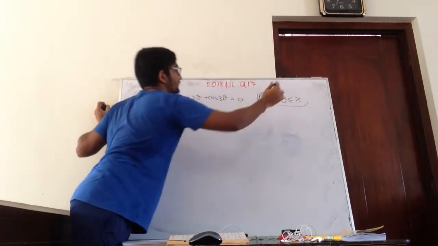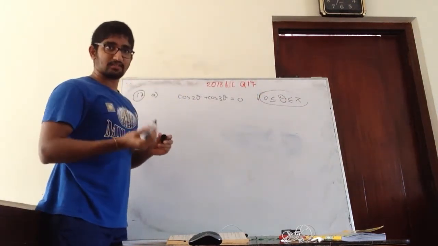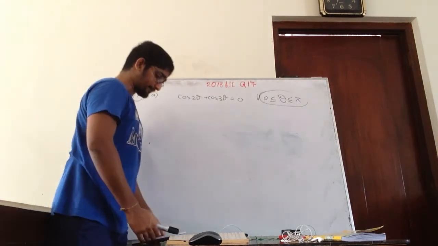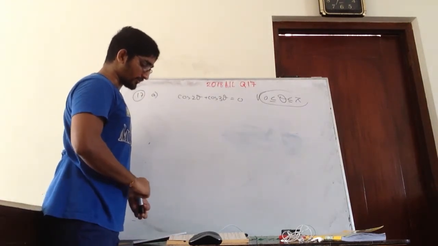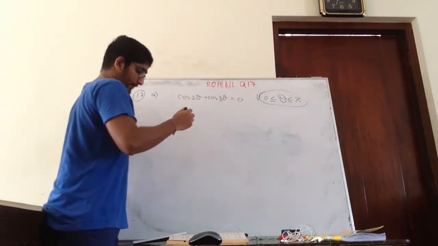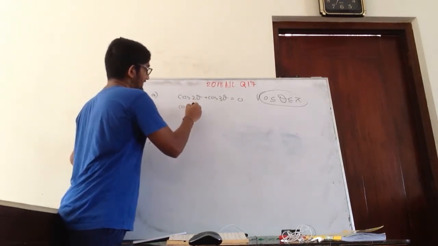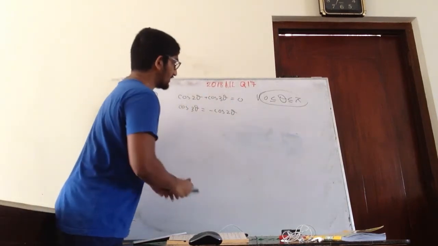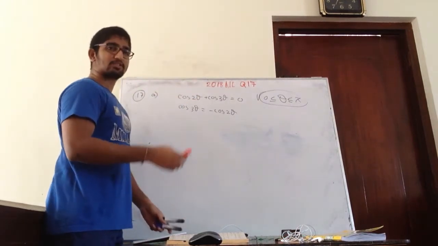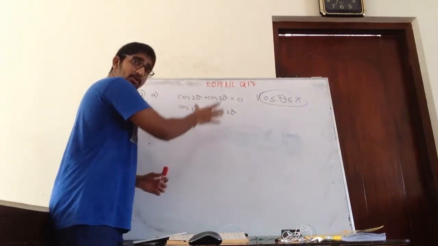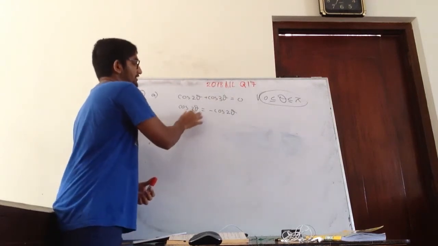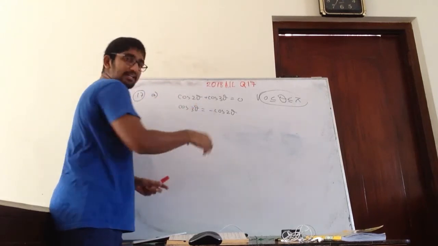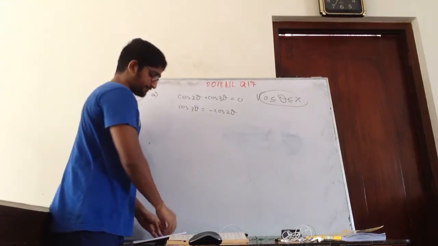Now this is very important. It's not just the general solution sum, it has this range as well. So that's the difference here. So let's try to solve this now. Now here I can get cos 3 theta as minus cos 2 theta. Right? So how can you get minus? So now, in order to get the general solution, you can't have a plus here and a minus here. You should have a similar form, right? So we need to eliminate this minus somehow, right?